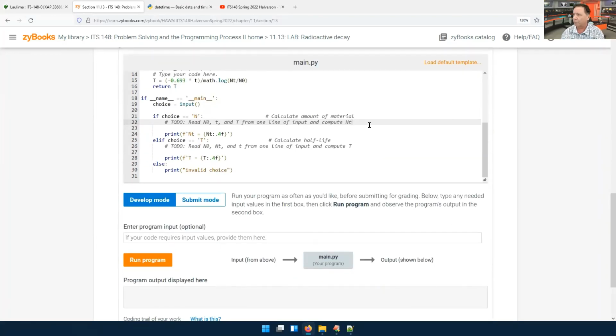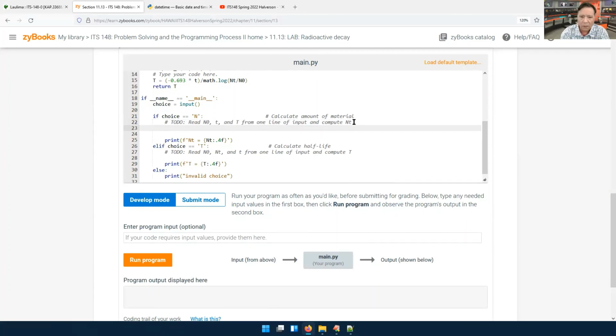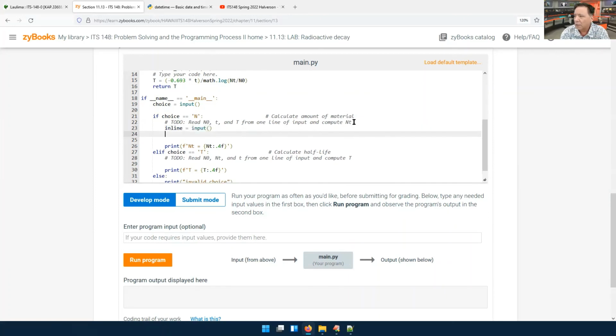All right, so I'm going to read, and they want it to be all in one line. All right, so I'm going to say inline equals input, and I'm going to say n0, comma, do I got to put parentheses in? N0 is the first one that comes in, small t is the next one that comes in, and capital T is the third one that comes in. And we can do this in Python because a lowercase letter is different than an uppercase letter. It's not that way in all languages, but in most languages it is. And that's going to be inline split on a space, so we don't put that there. So now we've got n0, little t, and big T,